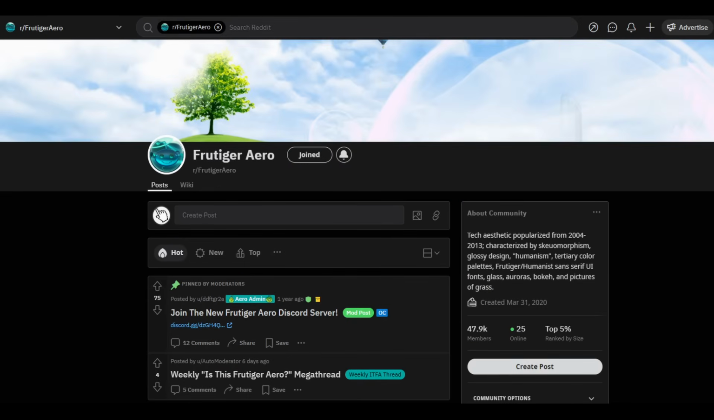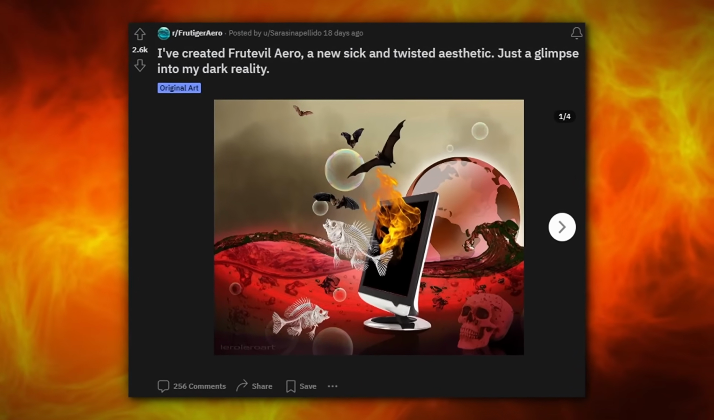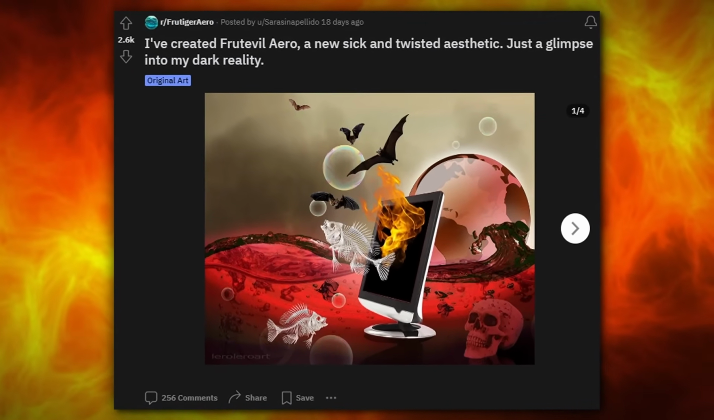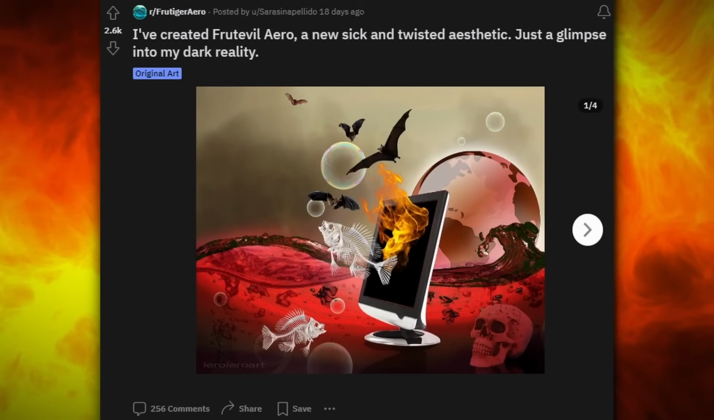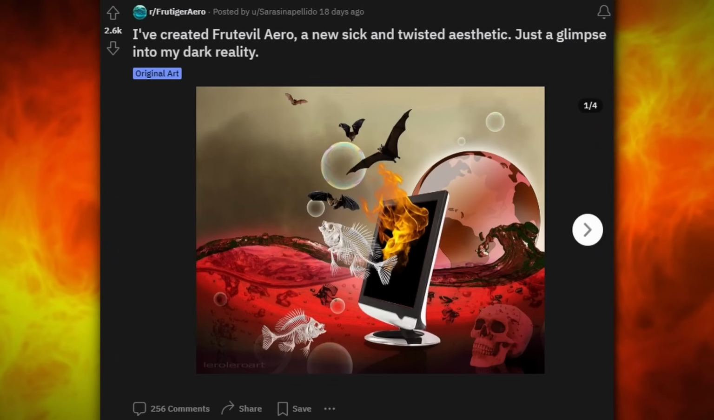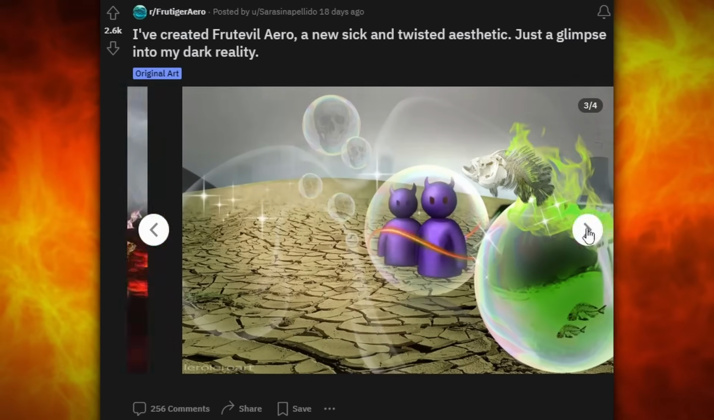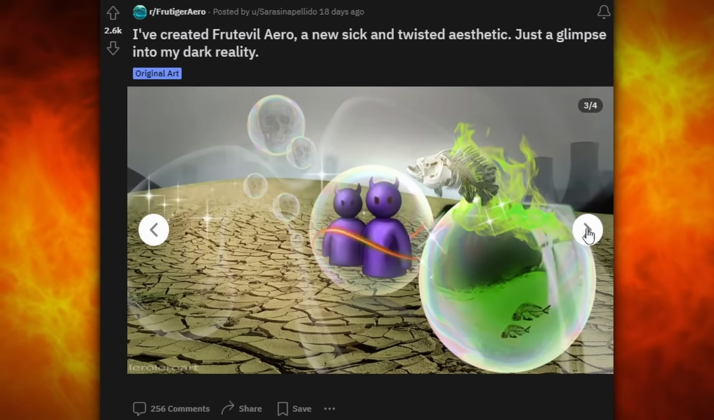I first found out about this subgenre on r/FrutigerAero. A few weeks ago a post was made which is actually the most upvoted on the entire subreddit. The post reads, "I've created Frutevil Aero, a new sick and twisted aesthetic." As you may immediately notice by the images they included, this new aesthetic takes elements of Frutiger Aero and kind